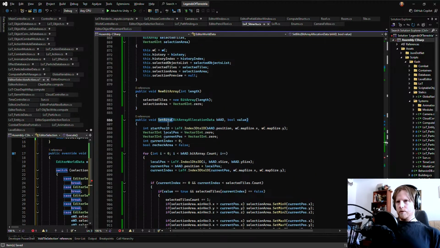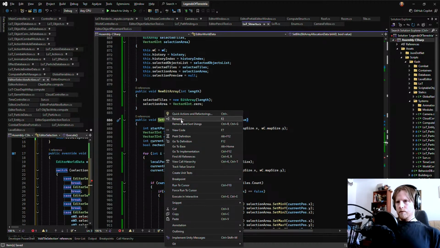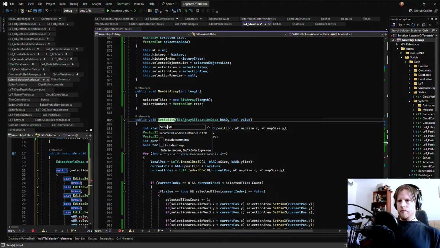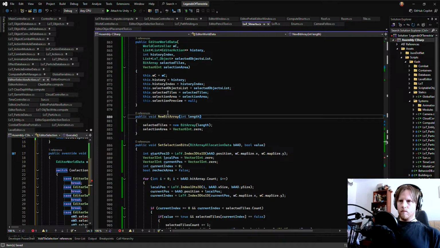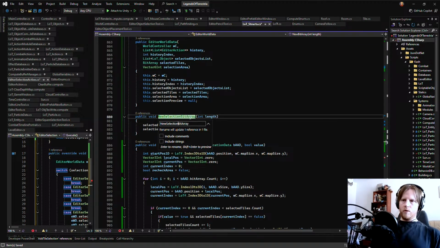And let's rename this to set selection bits. And this is new selection bit array.